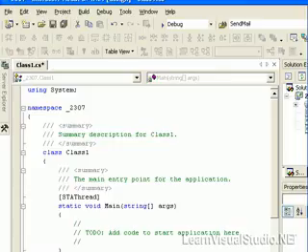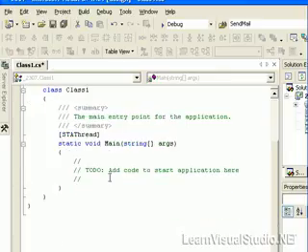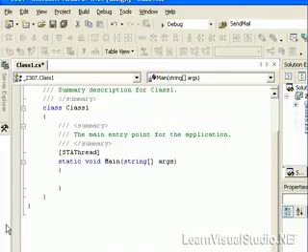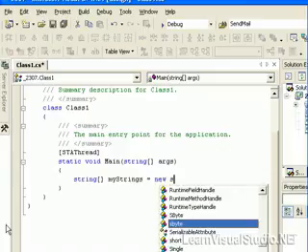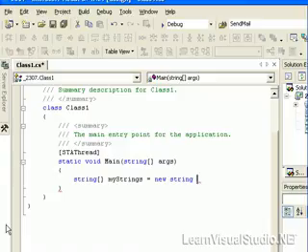Now, this only operates on arrays or collections of objects, and I know we haven't talked about what arrays are or what collections are. If you're familiar with VB, you probably have a pretty good idea of what that is so far. So for the purposes of this video, we're just going to create a simple array of objects and then iterate through each one and print them to the screen so you can see the syntax. So the first thing we'll do is create an array of strings called myStrings equals new string,